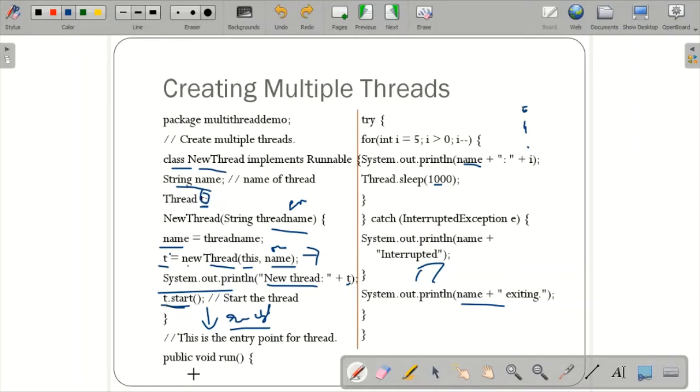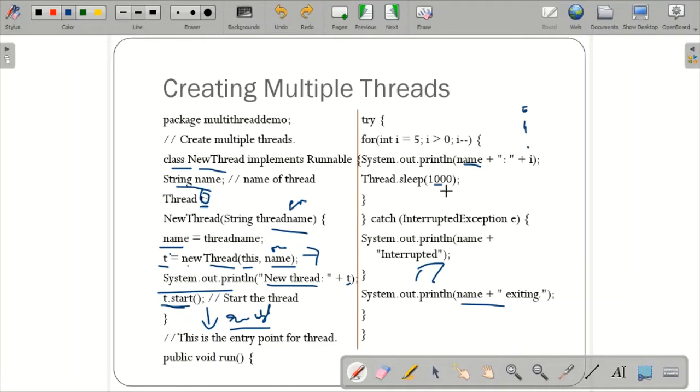As well as the run works. Within this run I have int i is equal to 5, i greater than 0, i minus minus. The loop iterates from 5, and each iteration decrements the value by one and prints it with the name of the thread. If the name of your thread is 1, it prints 1:5, 1:4, 1:3, 1:2, with a pause of 1 second.